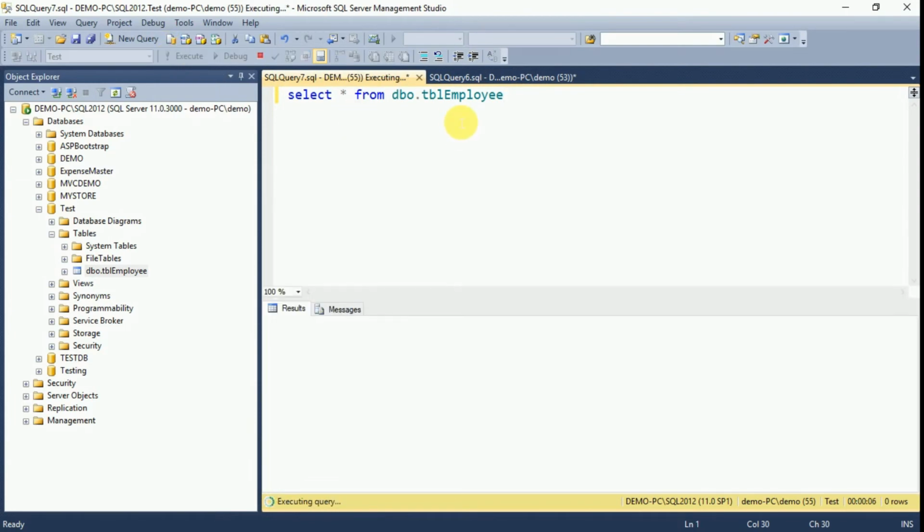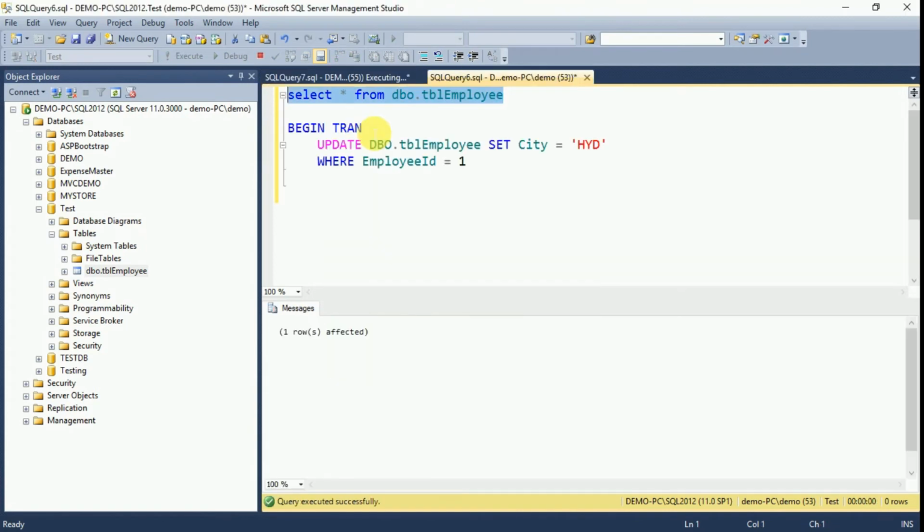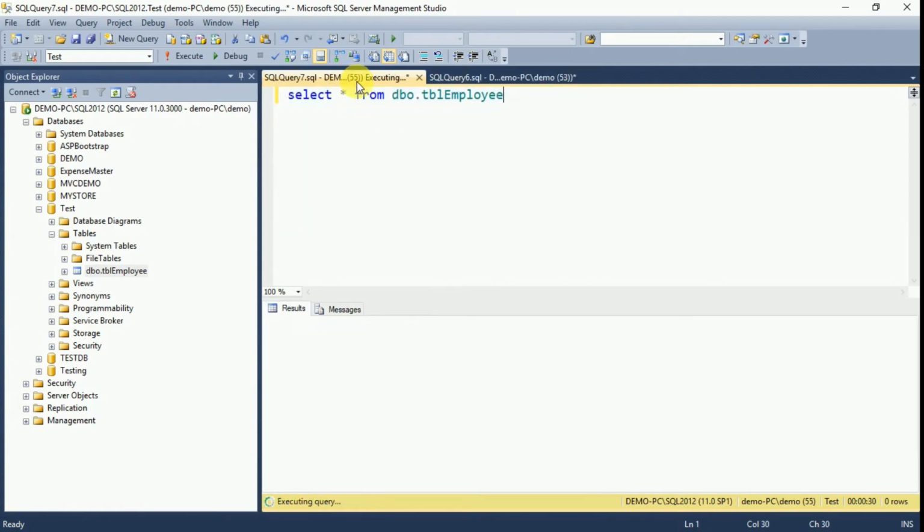See, we are unable to read the data, because whenever we use the begin transaction, it will force an explicit lock on the table. So until you commit the transaction or roll back the transaction, you can't access the data which is uncommitted. By default in SQL Server we can access only the data which is already committed.